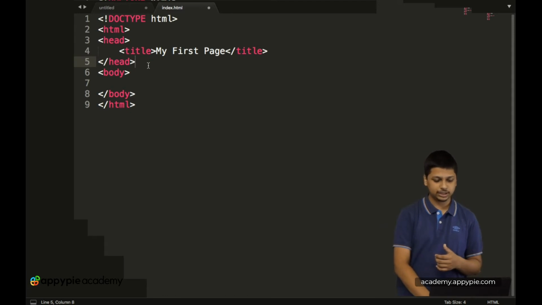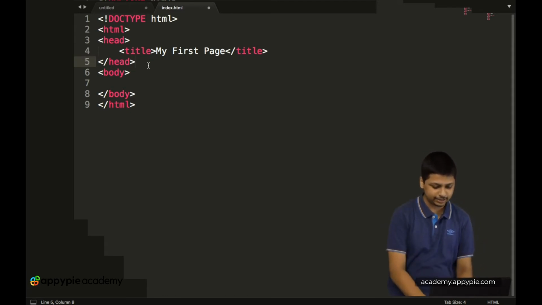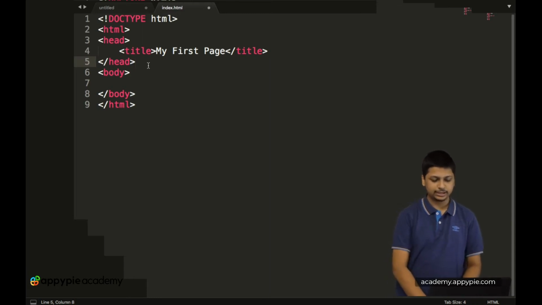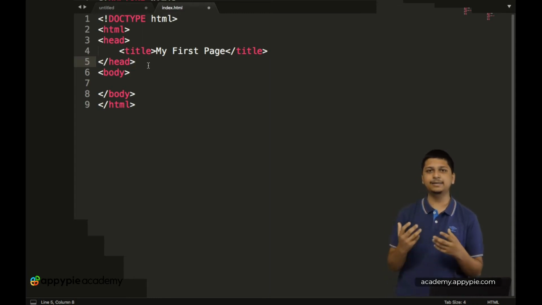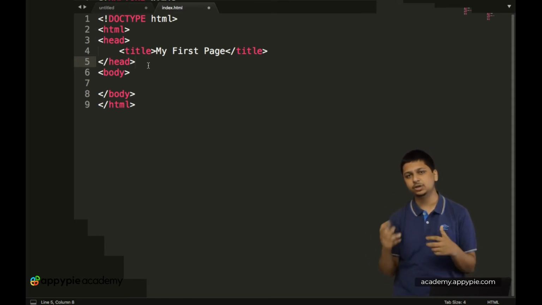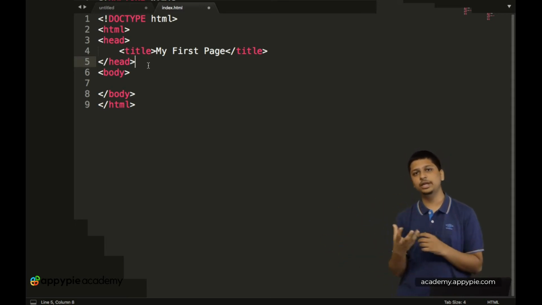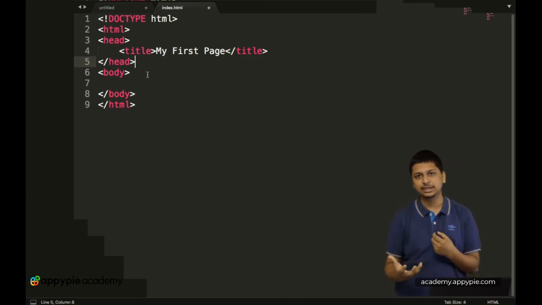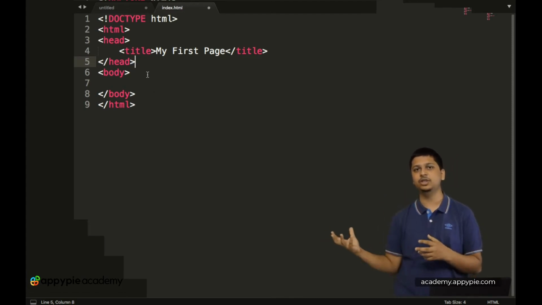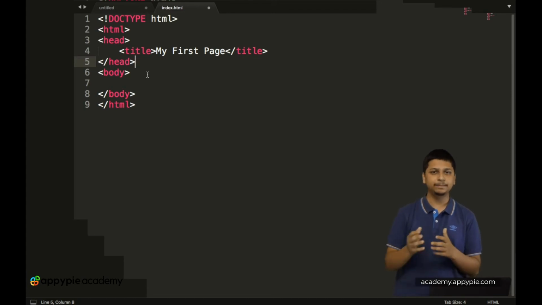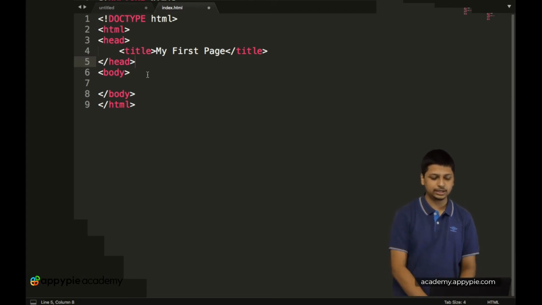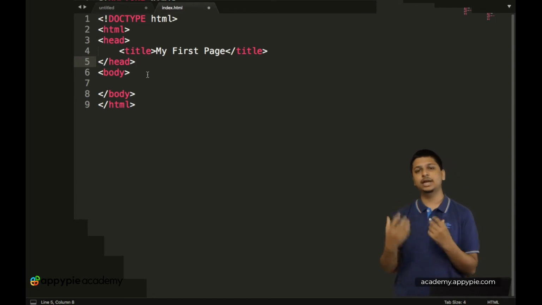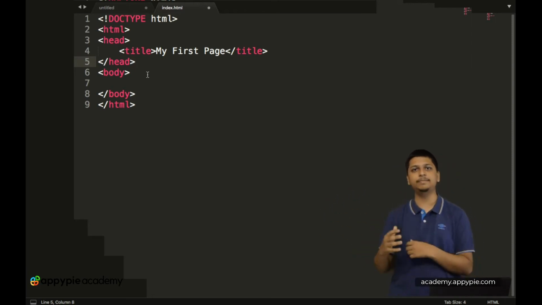So over here inside title, let's add in my first page, and then inside the head tag you basically load scripts or supporting files which you need for your project before it starts loading. So any of your CSS, which is a style sheet added onto an HTML, can be loaded here in the head tag, so that it is included before the entire page starts loading.